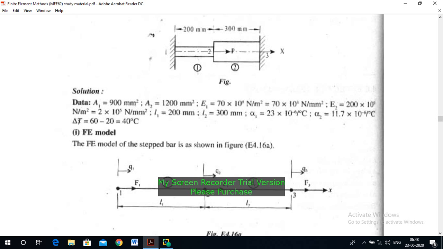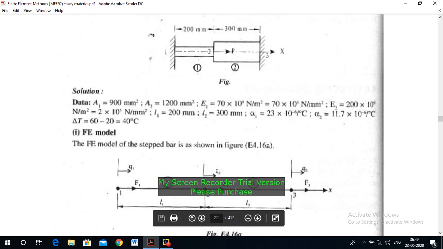The very first step to solve thermal stress problems is the finite element model. You have to model or discretize this stepped bar into 1D bar elements. After the discretization process, I will get 1D bar elements consisting of 2 elements, each element having 2 nodes. Element 1, the length L1 is 200 mm, and